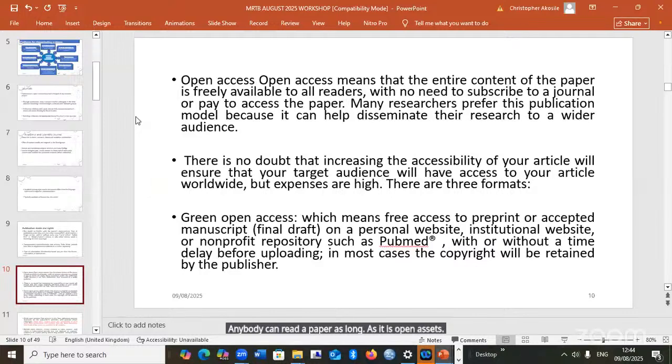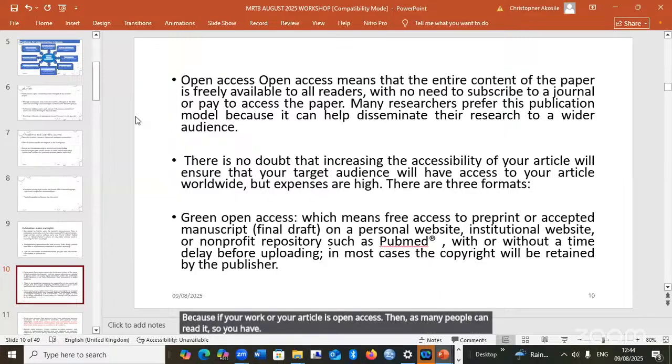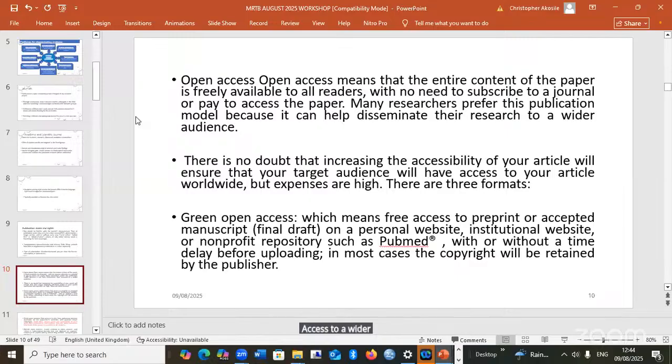Open access is the preferred model for researchers, because if your work or your article is open access, then as many people as possible can read it. So you have access to a wider audience, and if you have access to a wider audience, the visibility of your article is increased.